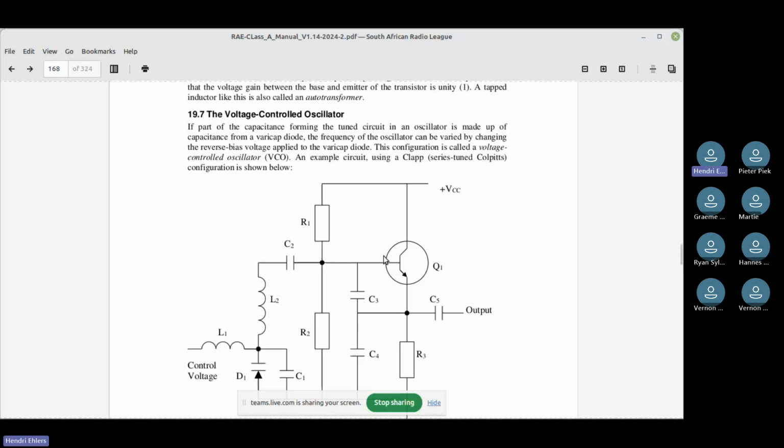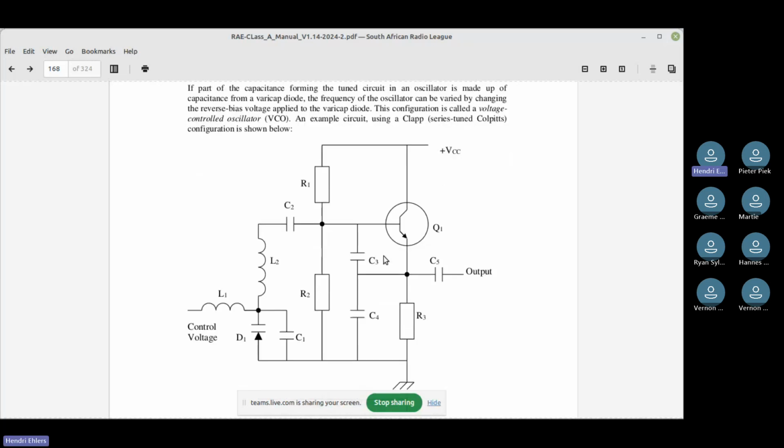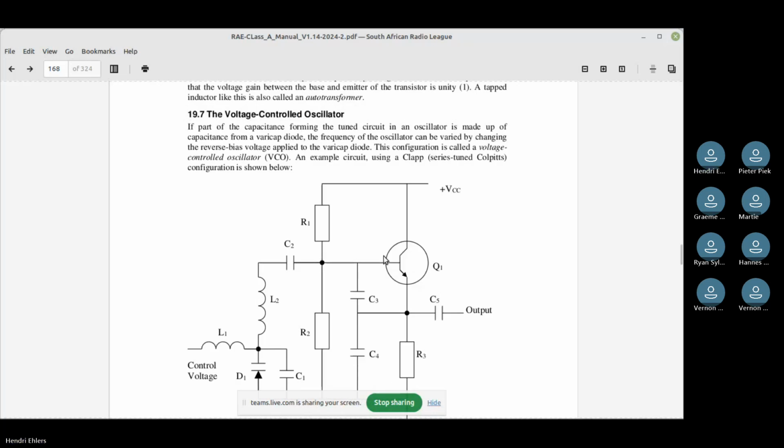Then we get the voltage controlled oscillator, and that's where that varicap that Louis explained comes in.